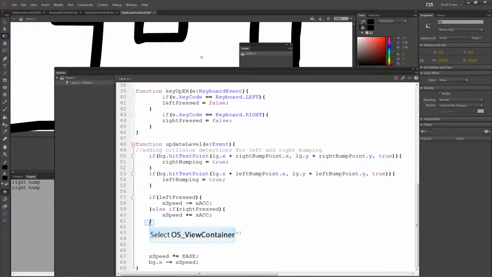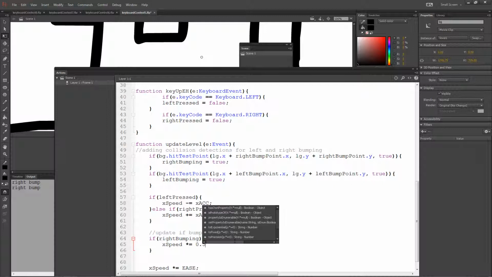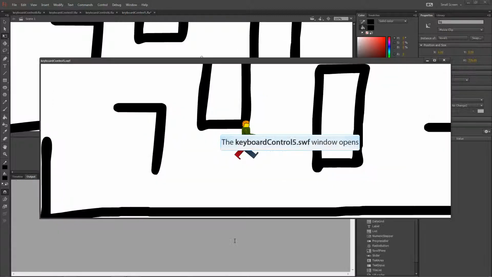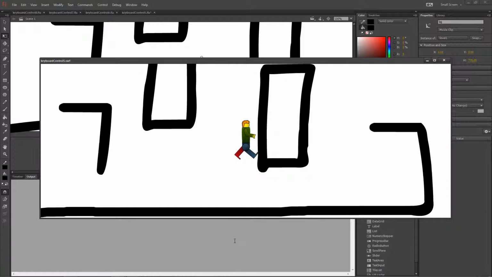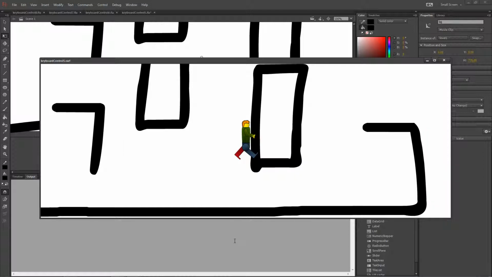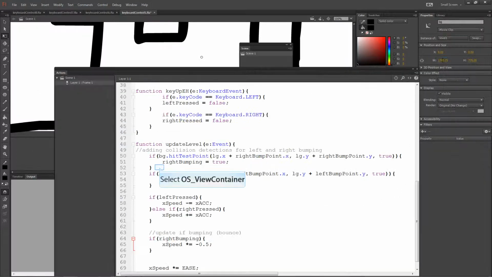So, as it happens, when we're making the speed reduce, we actually need to check to make sure that the object is still moving in the right direction. So actually looking for if x speed is greater than 0, because it's moving from left to right, then we can do this, and if it's not greater than 0, then it will not bounce in that way, which should stop us from having our character get glued to an object. So there we go, you see it bounces off nicely,